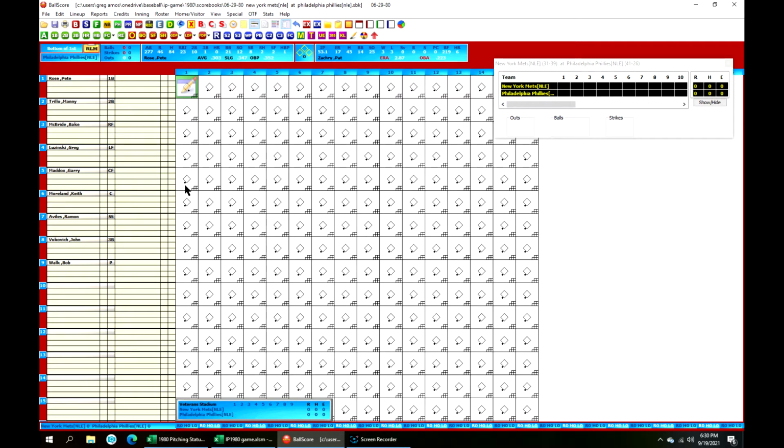And we have for the Phillies, Pete Rose, first base, batting first. Manny Trillo, second base, batting second. Bake McBride, right field, batting third. Greg Luzinski, left field, batting fourth. Gary Maddox, center field, batting fifth. Keith Moreland catching batting sixth, Ramon Aviles shortstop batting seventh, John Vukovich third base batting eighth, Bob Walk on the